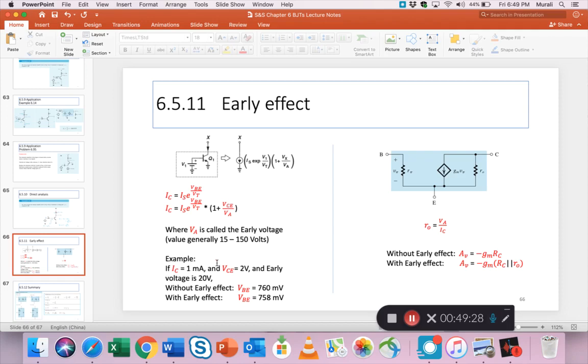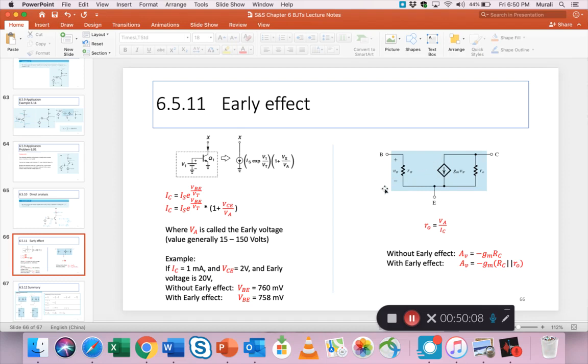So for example, here's a reverse calculation. If you are given that an IC is about 1 milliamp and VCE, this voltage, is about 2 volts, what difference would the VBE see? Okay, what is the difference? So in one case it's 760 millivolts, another case 758. So hardly any difference, right? But sometimes it does become important. If this is very low, or you're trying to assess the impact on some very low signals,